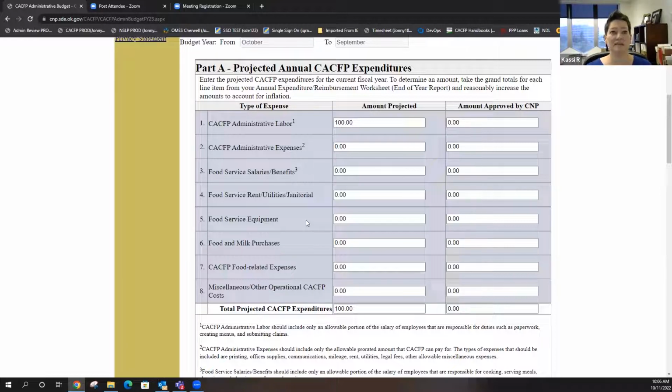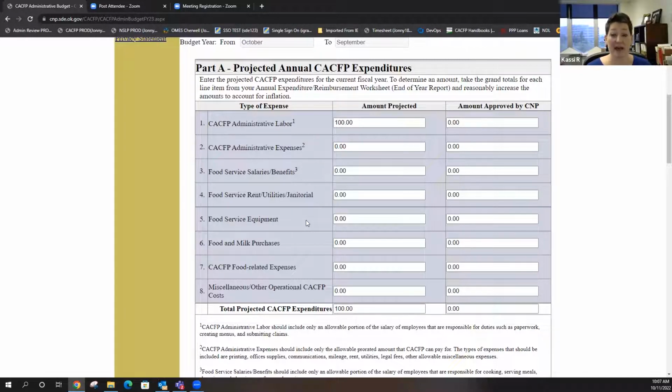Where it's going to be easier now for us is because we're not just arbitrarily approving numbers that we have in the office, with no idea if they're somewhat accurate or not. And last year, like I said, was a disaster, because we were making you guys put numbers in everywhere, because technically you have all these expenses, but you didn't necessarily pay for them with CACFP. And you were like, why are we having to do this? So I think maybe breaking it down this way will make a little more sense.